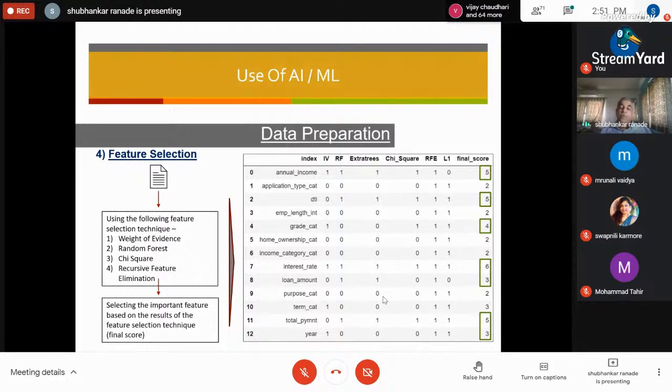The most important attribute is where all 6 algorithms are telling me that this is a factor you should consider while sanctioning the loan. So interest rate is definitely one, followed by annual income, again logical. Like that, we will look at the data, and when I feed this data, now let us say that I have